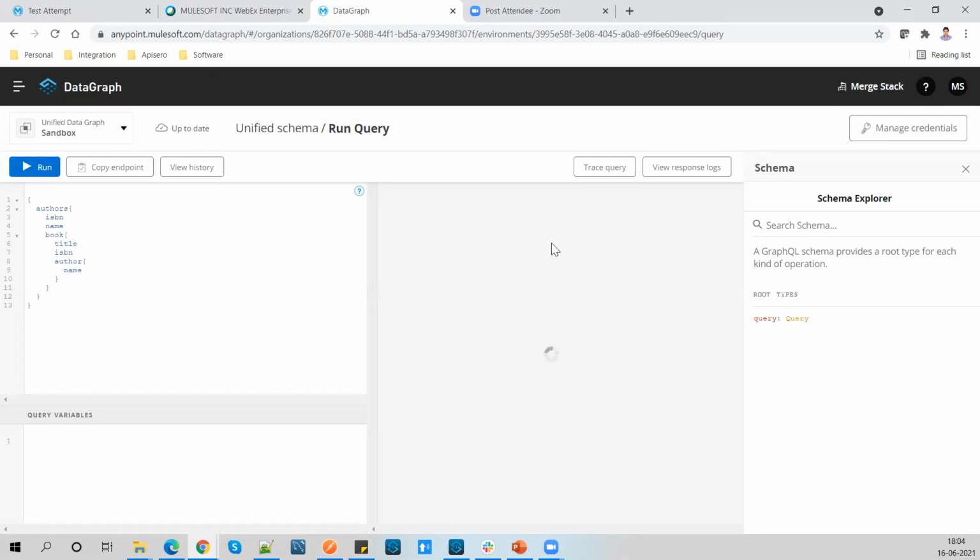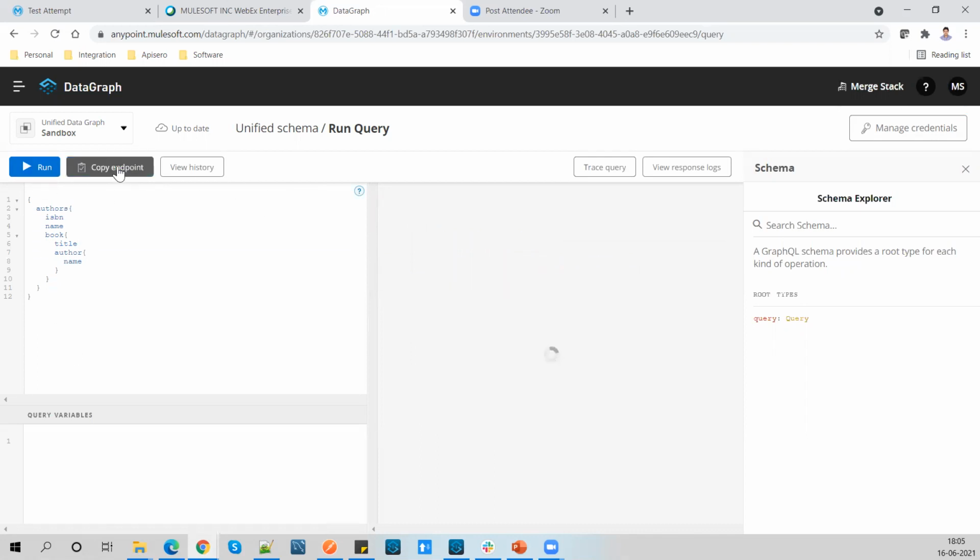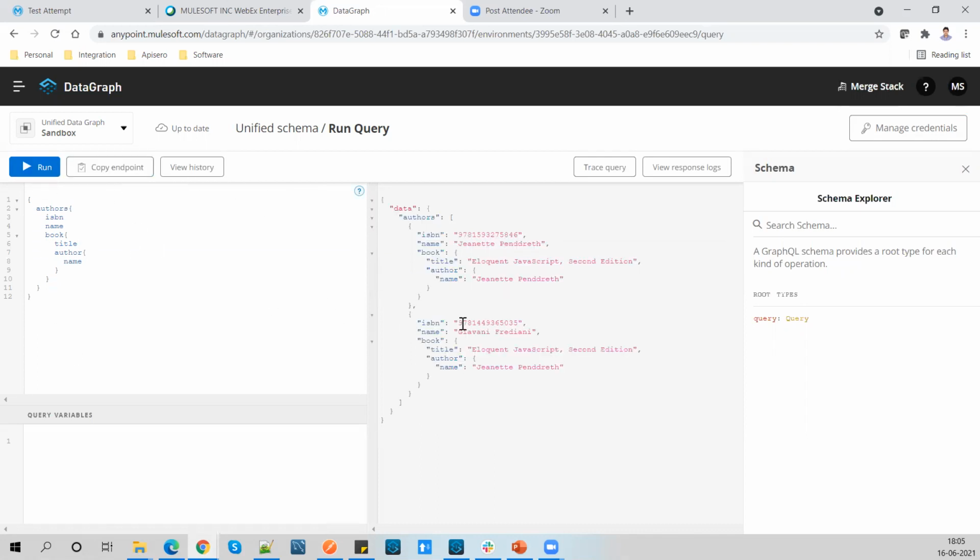If you run this query, you'll be able to see the result. You can see that you're getting author detail over here and book detail over here. Inside the book you will be able to see the author. You can change the query also, but you don't need to change any endpoint. That's the intention. Now see, only title. This we have already explored.